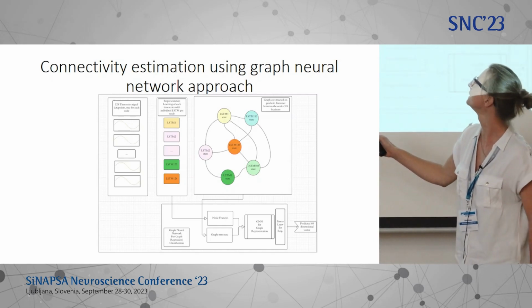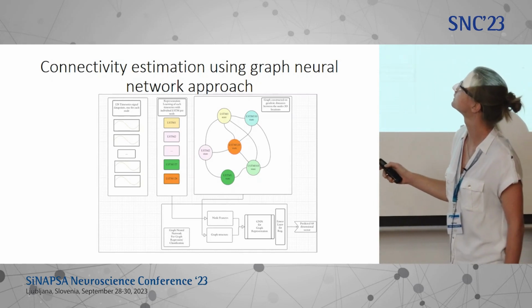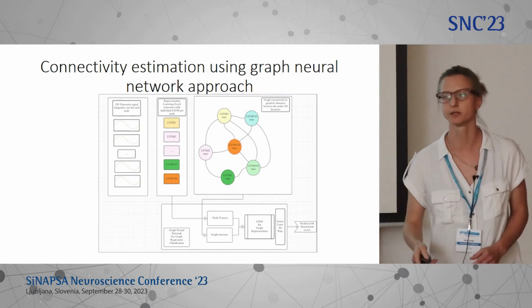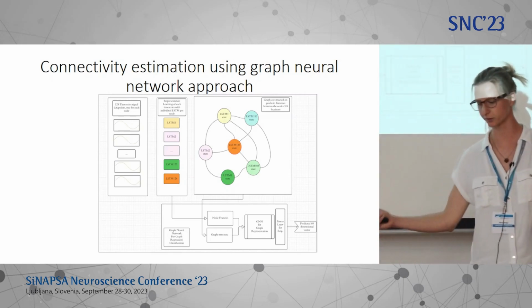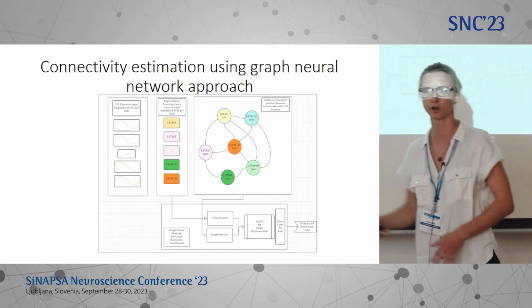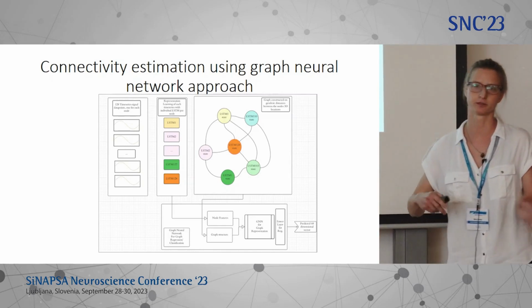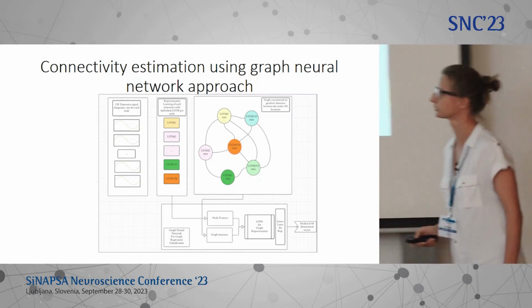And each of the time series out of 128 goes through an LSTM. So this is a recurrent neural network that captures the trends in the data, and we don't do it for the whole time series, but only for 200 time points, and then the next 200 time points. And then we get these representations of the data, which are then embedded in such a graph, and the graph